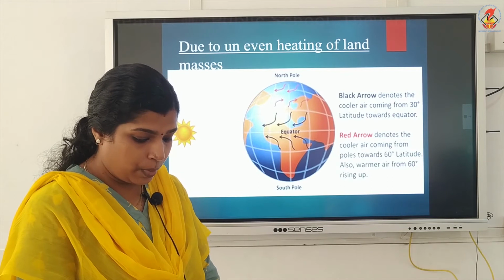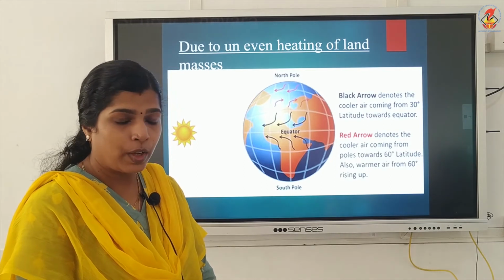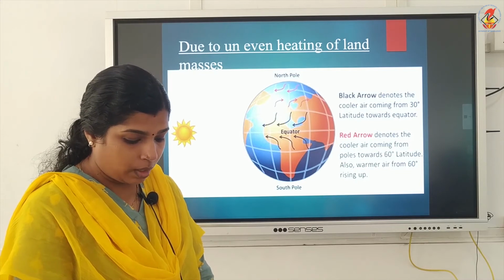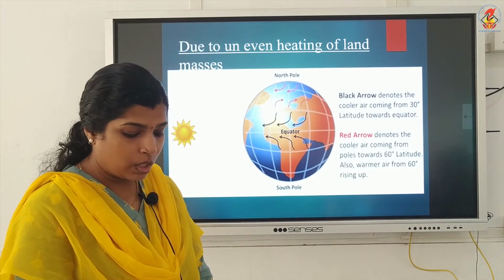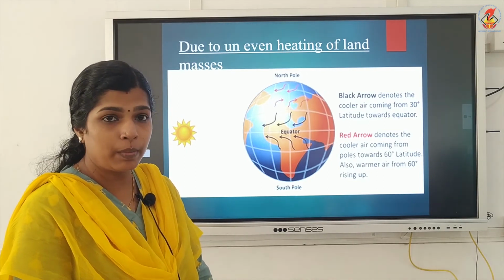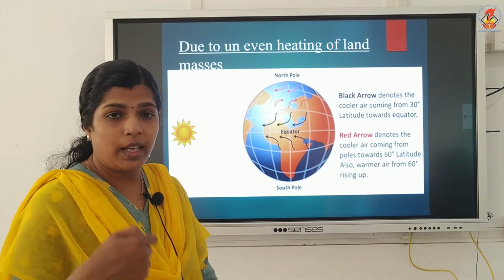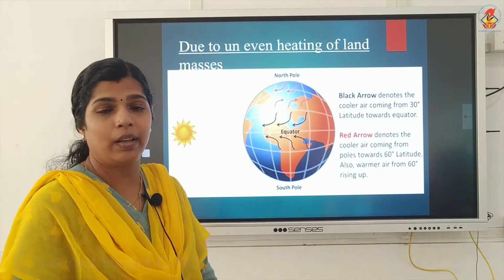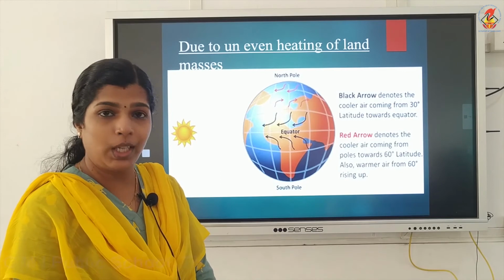Land and sea winds blow because land heats up more during the day but cools down faster at night. During the summer, land over India becomes warmer than the sea around it. This causes wind to blow from sea to land, because in the summer season the land over India is warmer. So warm air above the land is lighter, it will rise up and create a low pressure area, so the wind from the sea will move to the land.